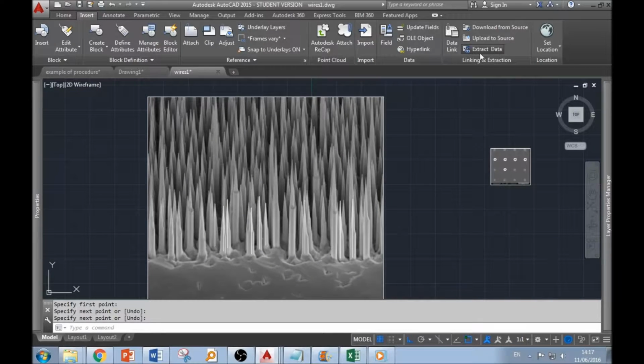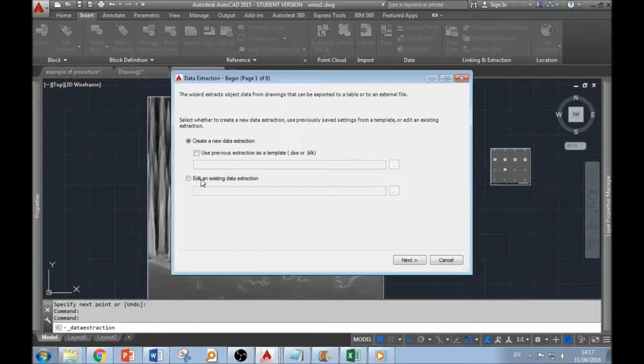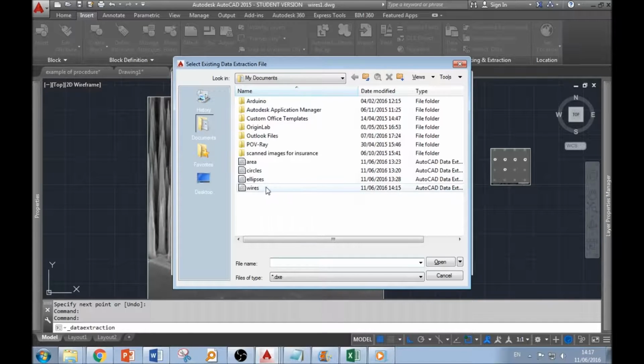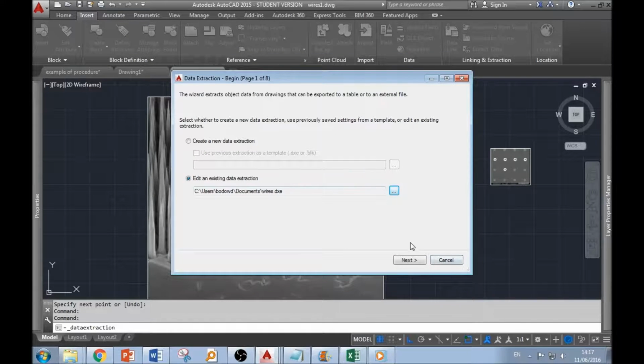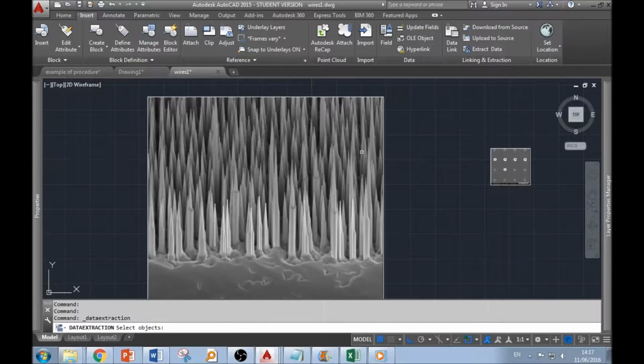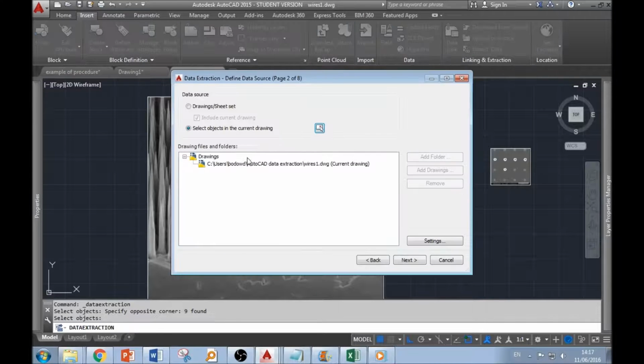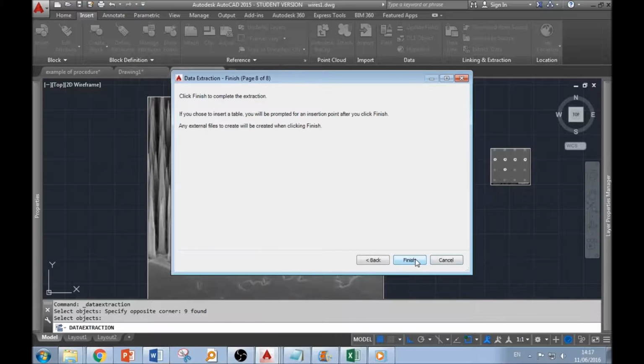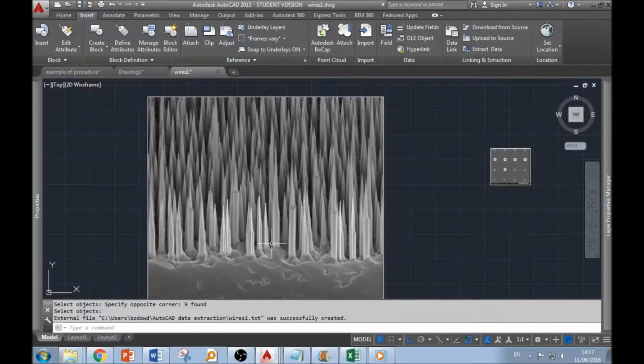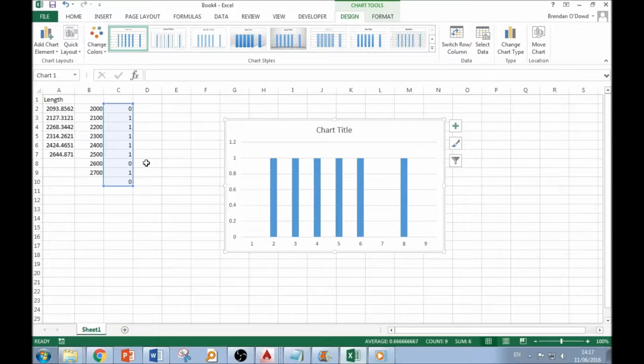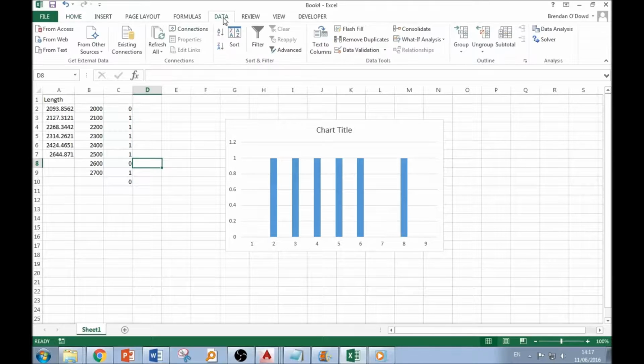So I go to the extract data function again, and this time I can use an existing data extraction because I've already gone to the trouble of making it. And you'll see that's a lot faster this time. So I choose the wires data extraction file that I made, open, next, and select the objects that I want to extract. And after that, all you have to do is just hit next and finish, and the data file is automatically updated. So if I go back to my Excel document, I can go to data and refresh all,